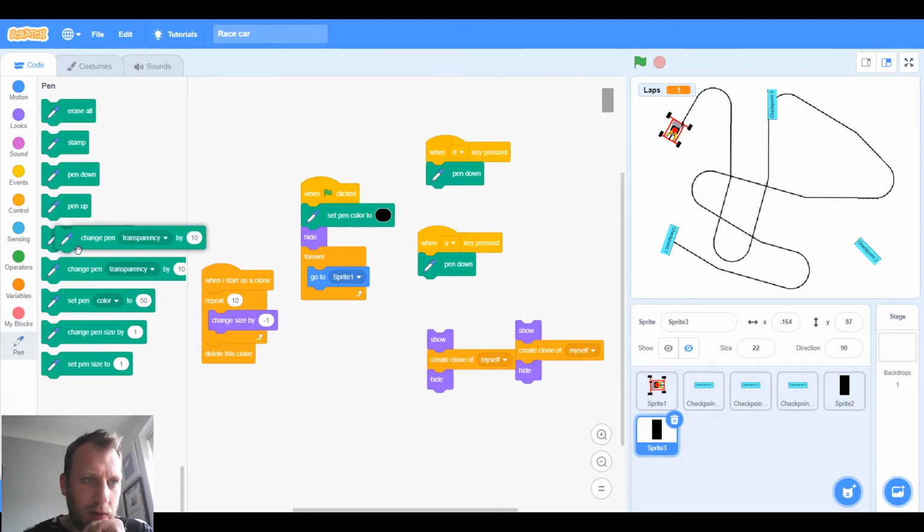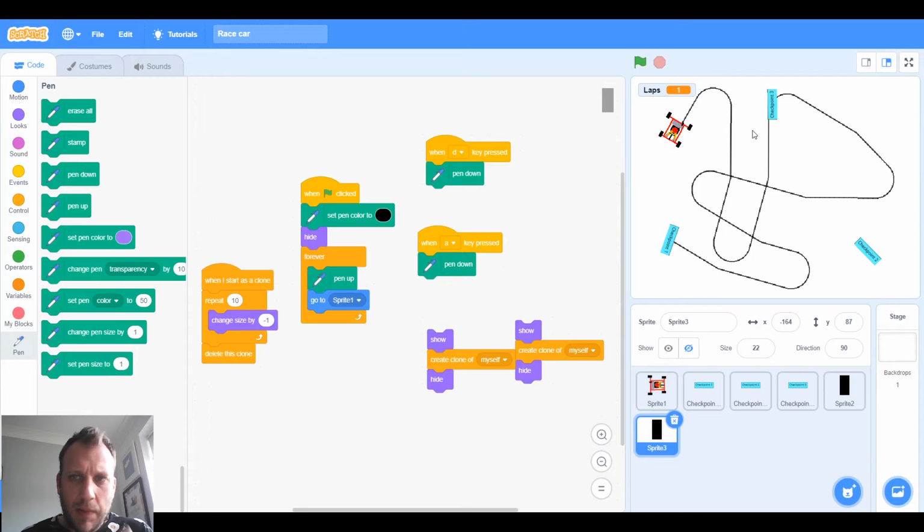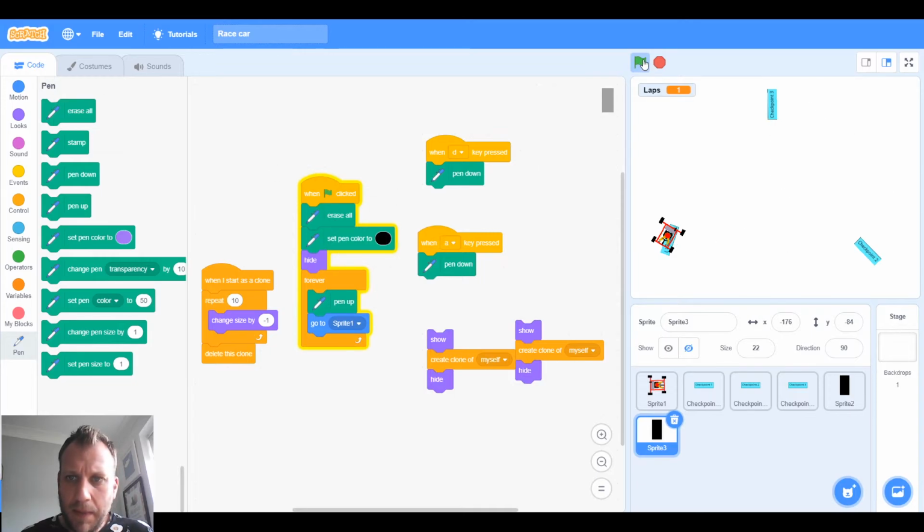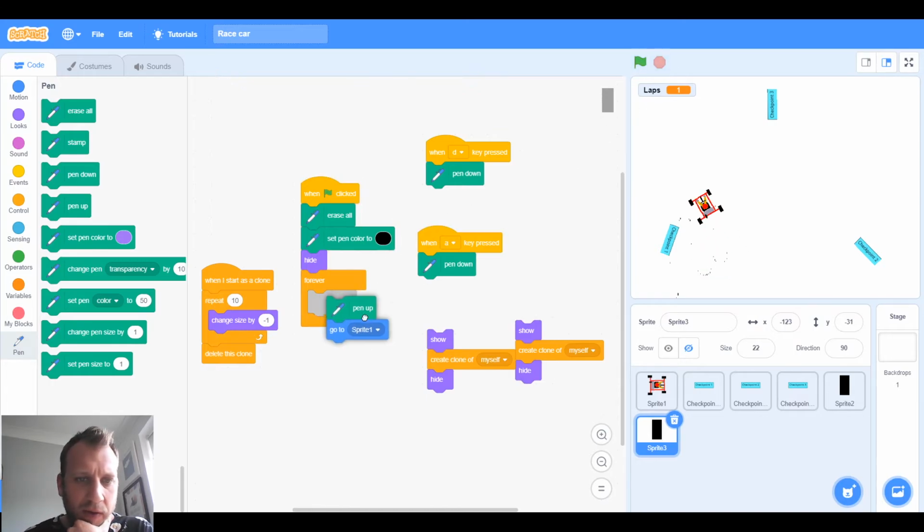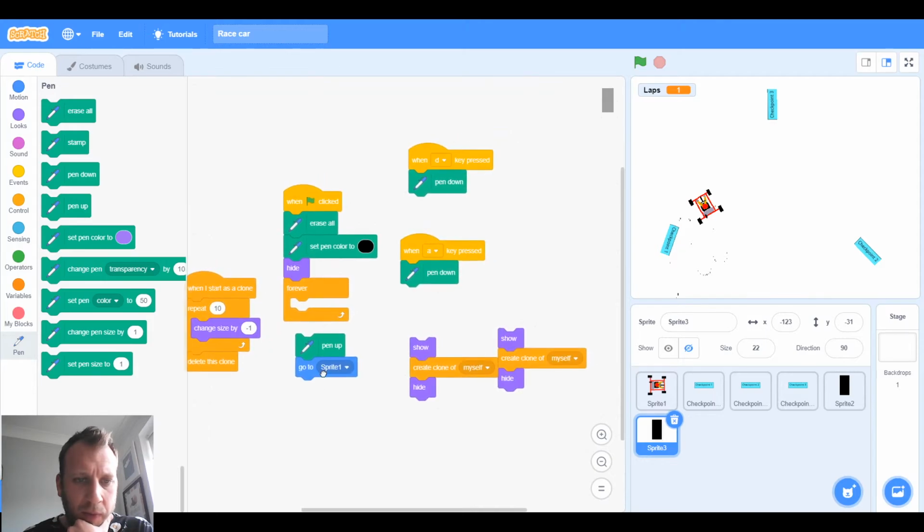So let's say forever pen up. Don't know what this is going to do. We need to clear the, so erase all, yeah, okay, and go. Right, so now when I'm driving along, if I do a turn, no, that's not really working. I don't think the pen's the way to go, actually, guys. I think that's an experiment that hasn't worked out. So I'm going to go back to my original plan